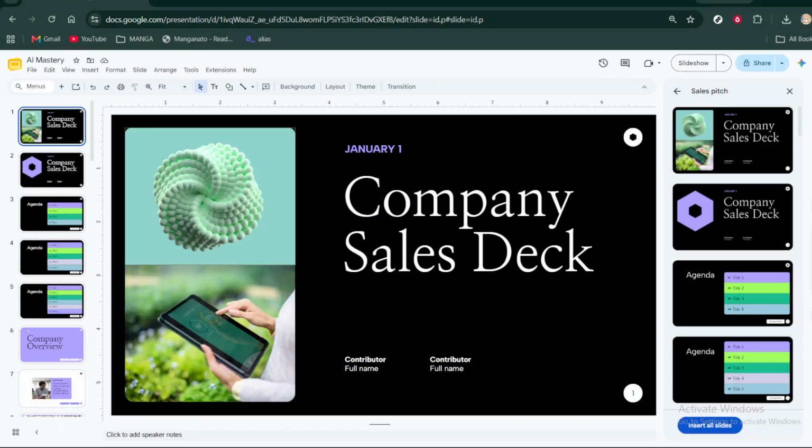Learn how to use Presenter View in Google Slides and never miss a beat. In this video, I'll show you exactly how to enable Presenter View, start your slideshow, and use the notes and controls to deliver a flawless presentation. No more awkward fumbling. So let's start by locating the Slideshow button in the top right corner of your Google